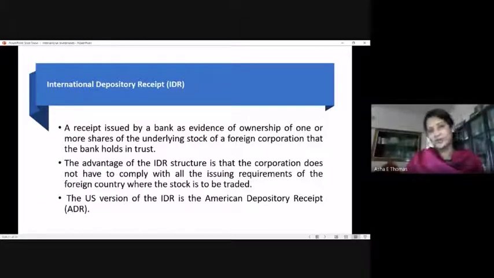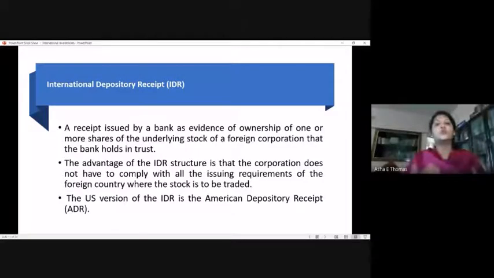Like, an investor in India can go with investment in the shares of any country by investing in a global depository receipt issued by Indian banks. So this is an opportunity for investors to invest in the share markets of other countries, to invest in the shares of another country. I cannot go and invest in the shares listed on the New York Stock Exchange or NASDAQ. I cannot do that. I have to go through a route called GDR.